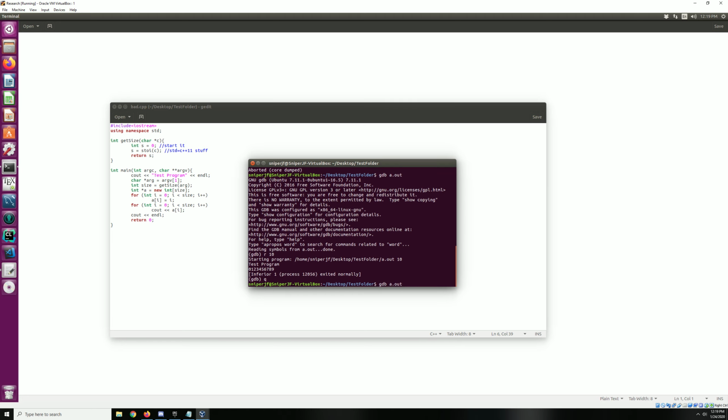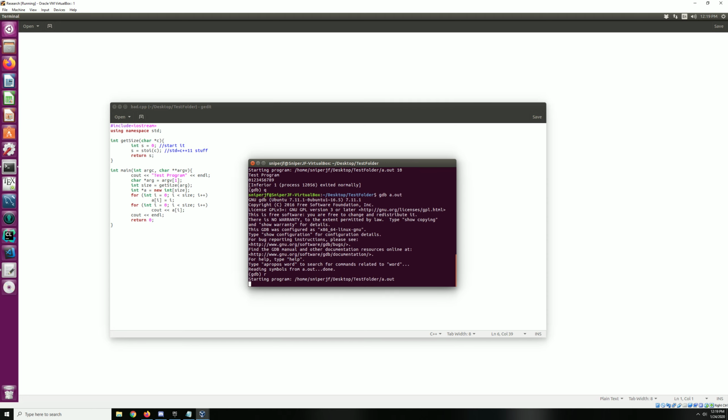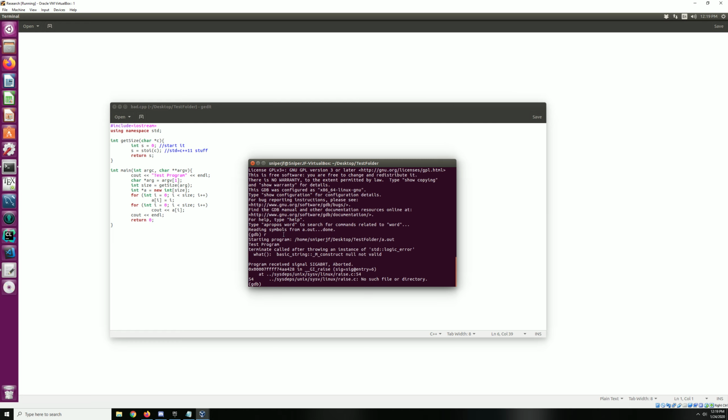But of course, we're trying to figure out why our program was crashing, so let's run GDB again, and this time not pass any command line arguments. When you run it, it starts printing out the output, as it would if you were running it on a terminal, but then it says, terminate called after throwing an instance of std::logic_error. You could Google this and find out more details about that, but for now, one of the very, very useful things to do is to type the keyword